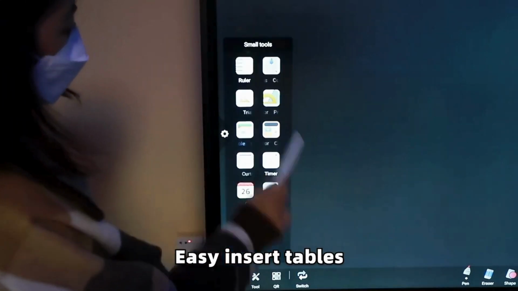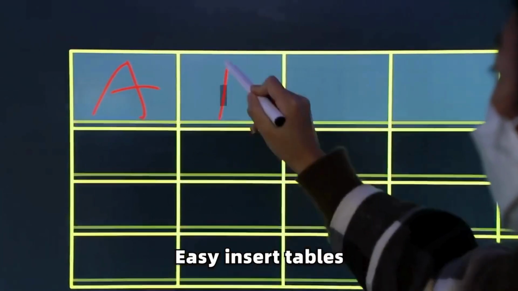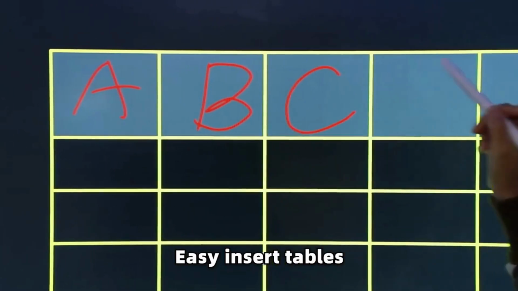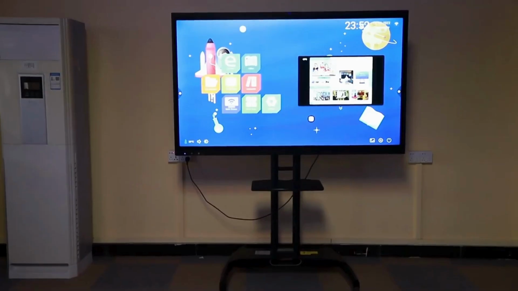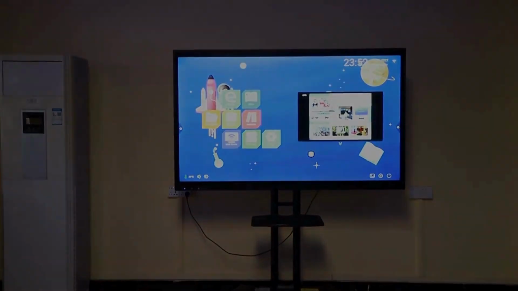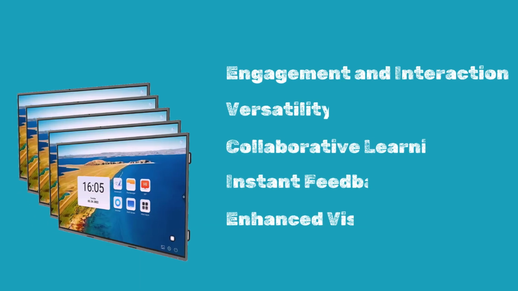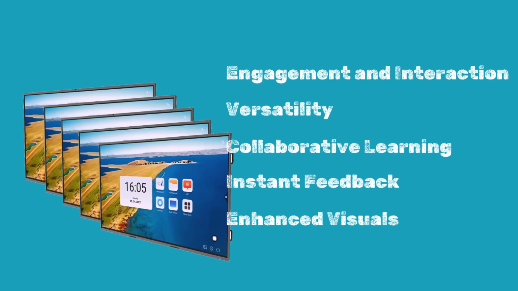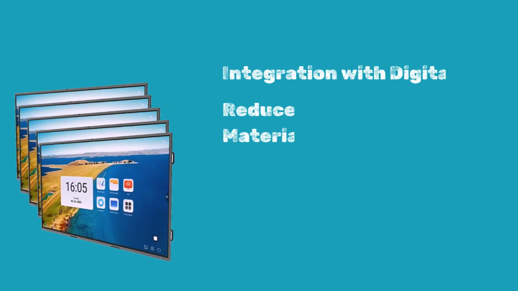Interactive panels support remote learning, such as video conferencing and screen sharing, which can be valuable in hybrid or distance education settings. Interactive flat panels are generally more durable than traditional whiteboards and require less frequent maintenance or replacement, offering